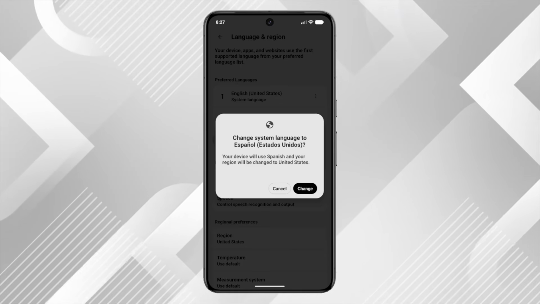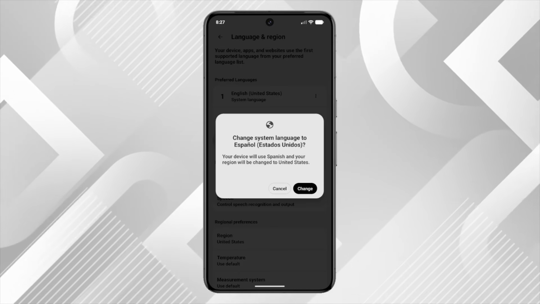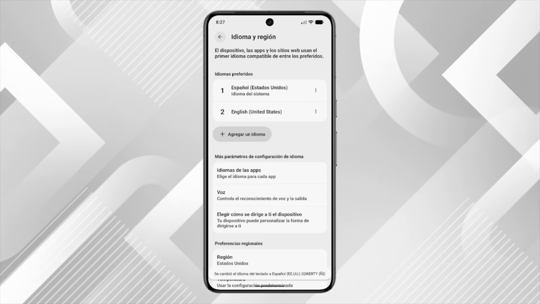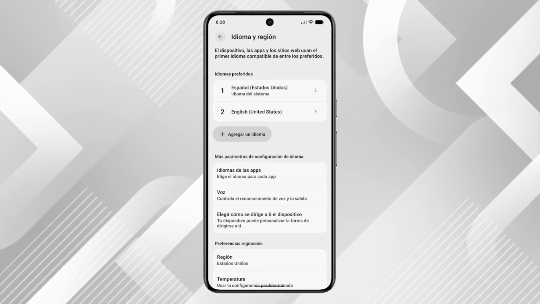This is an important safeguard to prevent accidental language switches that might make your device difficult to navigate. Tap Change to confirm, and your Pixel 8 Pro will immediately switch to displaying everything in your newly selected language. And that's it. Your system language has been